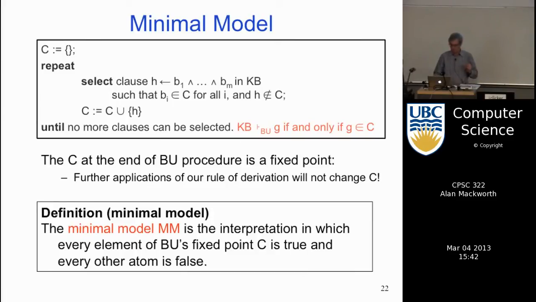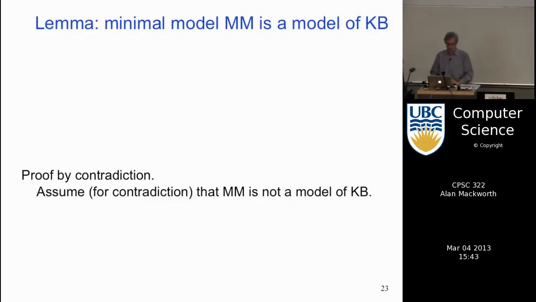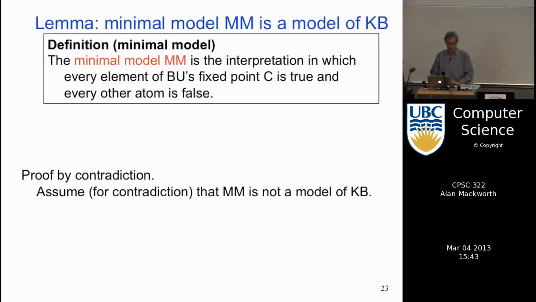So we start with C empty in the derivation. We add in all the atoms that are just true because they're just in the theory as rules with no body. And then we add all the other ones that get added, one after another. Stop, it's finished. There are no more that are forced to be true. Let all those atoms be true, every other atom be false. Let's call that a minimal model. But first we have to make sure that it is a model. Okay? We can't get away with just calling it a minimal model and assuming it's a model. So we have this little lemma we have to prove that the minimal model is indeed a model.